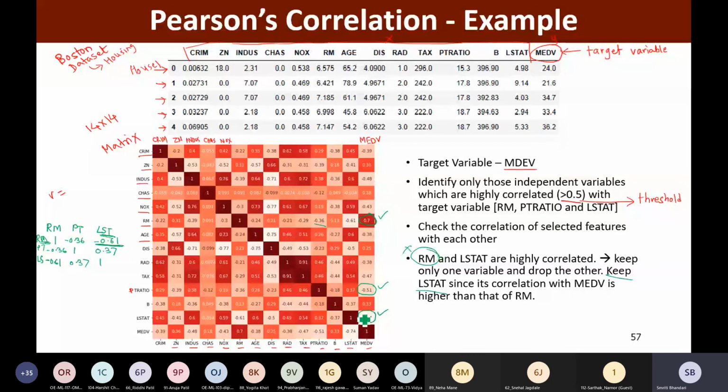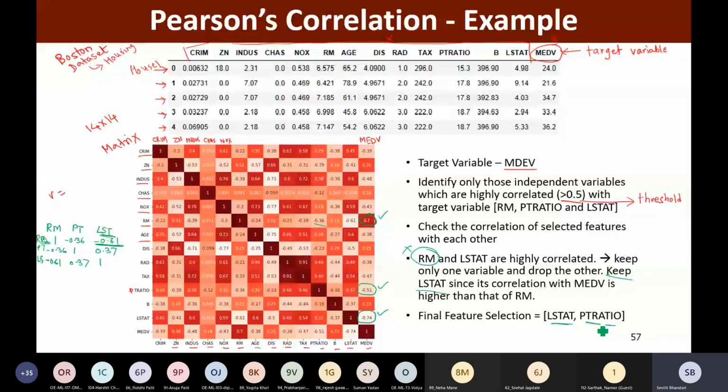Right? So ultimately, we'll be having the final feature selection, such that we'll be having only two features now in our feature vector, LSTAT and PT ratio. Right? So out of these 13 features, we have selected only two features.